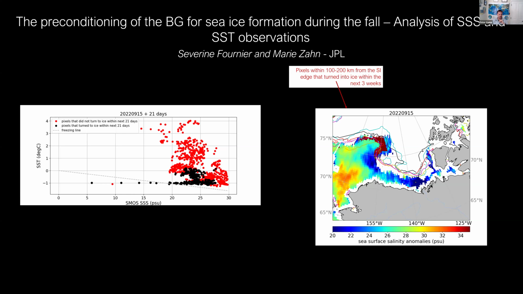But just an early result, you can see here on the x-axis is salinity versus SST, and we marked pixels in red that did not turn to ice in the next 21 days versus pixels in black that did. And you can see in general the pixels that froze earlier were fresher than those that did not. So this is just pointing towards the general idea of the role salinity has, but this is an ongoing analysis where we're really trying to understand, can we predict if a patch of water will refreeze based primarily off its salinity and presumed stratification.